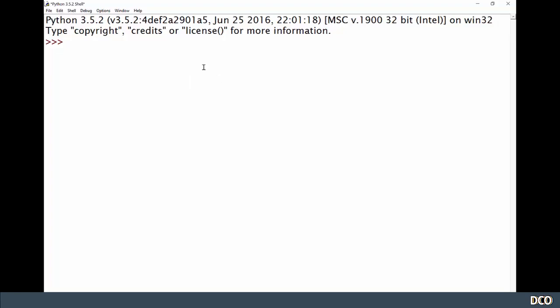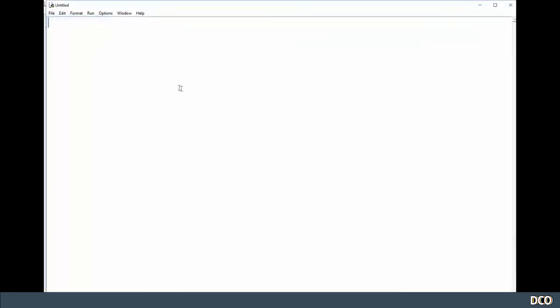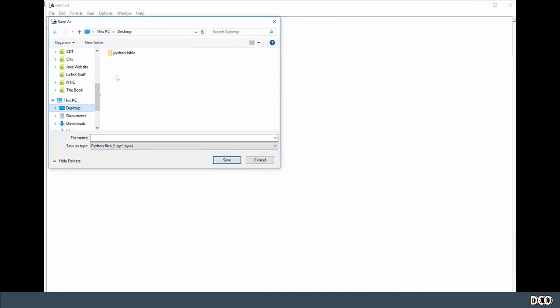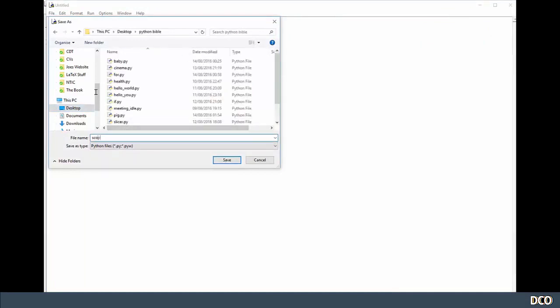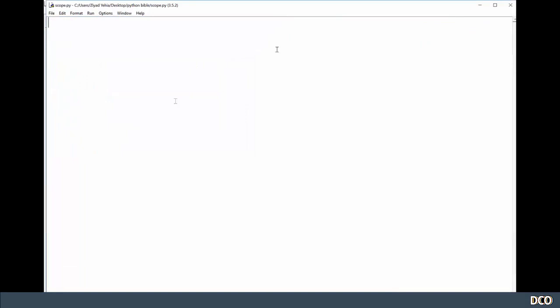I'm first going to open a new script called scope.py. So File, Save As, on the desktop, Python Bible, scope.py, save it, maximize it, and we're good to go. Inside here, right at the top, I'm going to create a variable called a and set it equal to 100. Now I'm going to make two functions called f1 and f2. So define f1. It's not going to take any parameters. Parameters are optional depending on the function. And we're going to print a. Then I'm going to do exactly the same for f2, and we're going to print